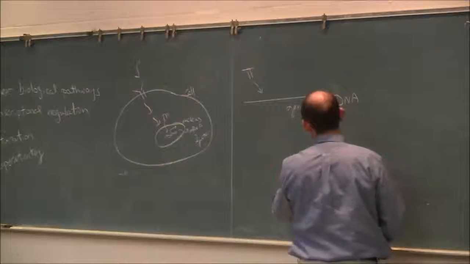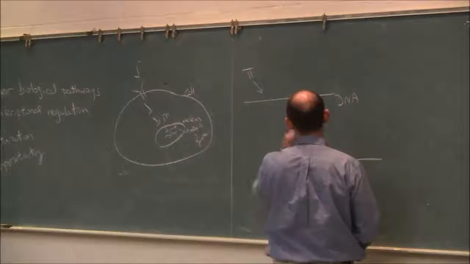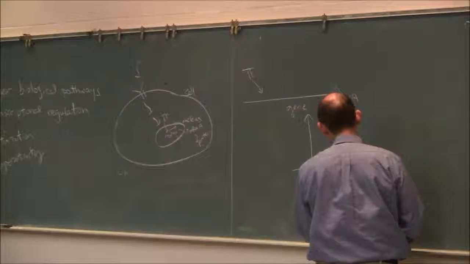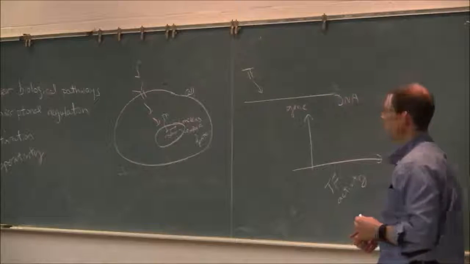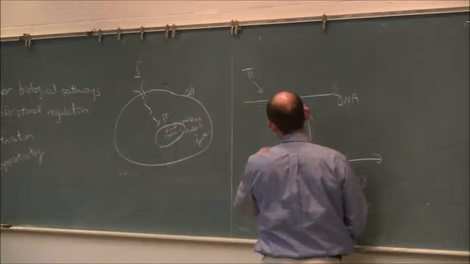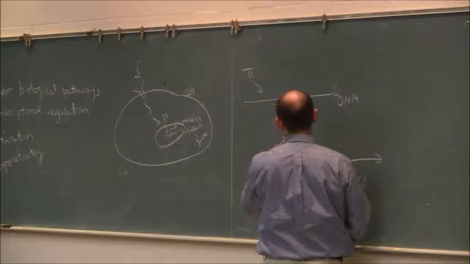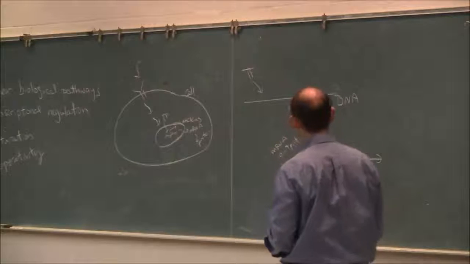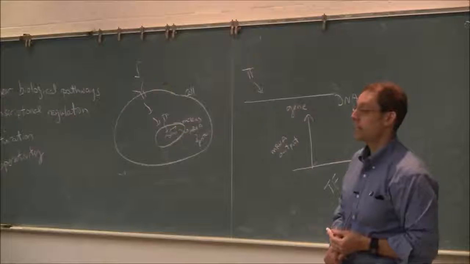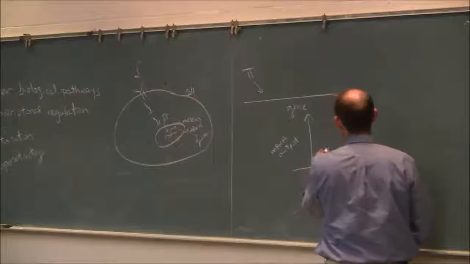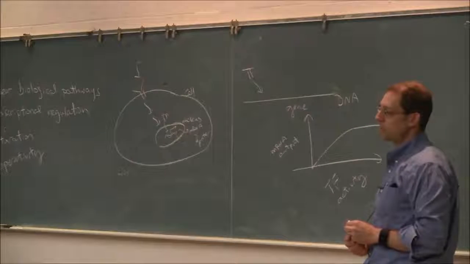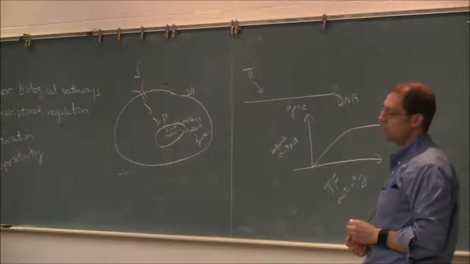So if we think about, say, TF activity, so how much transcription factor is getting into the nucleus, and this is mRNA output. So it's sort of ignoring what happens at the low levels of activity. We'll think about that later. We'll just sort of draw something starting to go up. It might start out linear, but in the end, it levels off because we only have one copy of the gene or two copies of the gene.